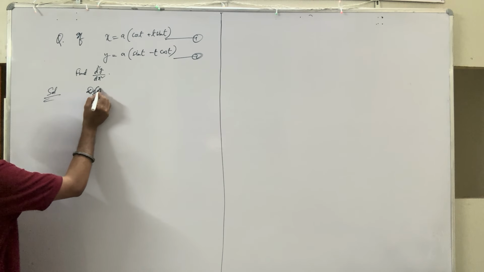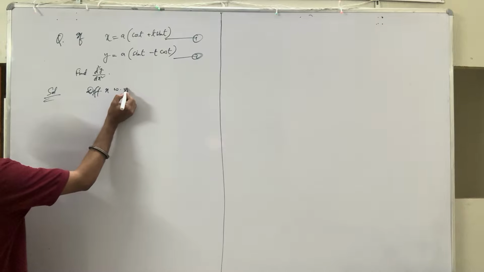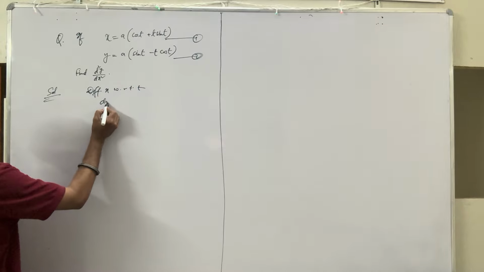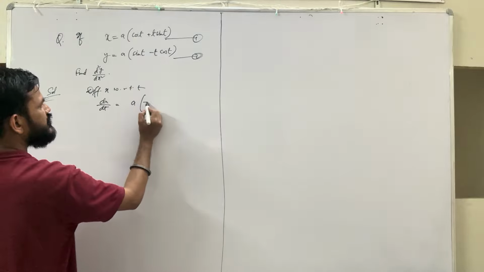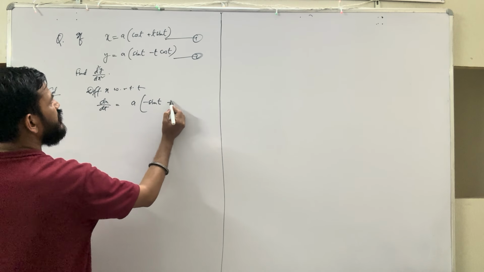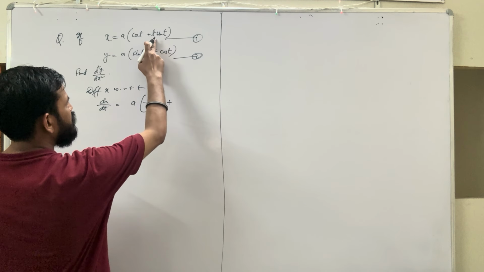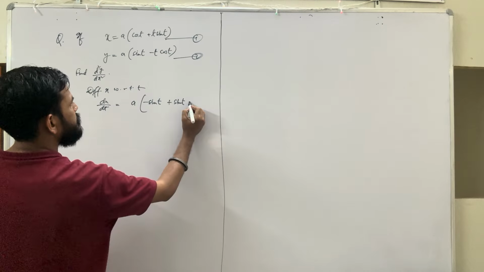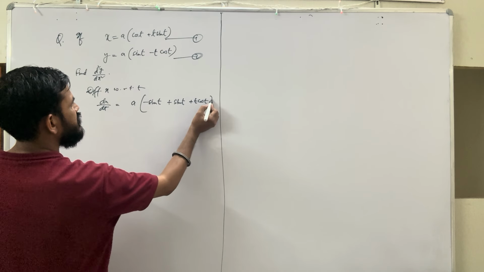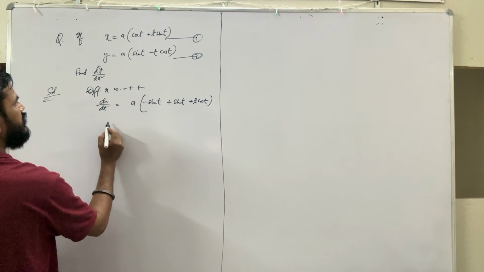So differentiating x with respect to t, dx by dt will be a. If you differentiate cos, we'll get minus sin t, and then you will have to use UV rule here, sin t plus t cos t, and then